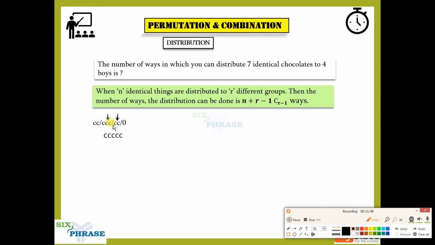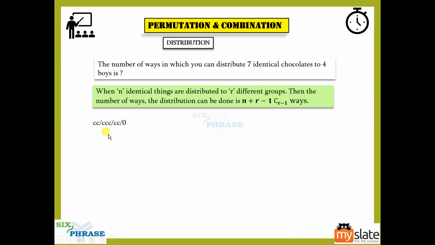Okay, so this slash, you will all have it in this. In all types of permutations, we'll have a look at this. This is just one way of doing it. The second way could be this. Yes, 2 could go to the first boy, 3 could go to the second boy, the third and the fourth boys can have 1 each, and similarly 2 2 2 1. This is also a possibility, right? This is also a possibility.